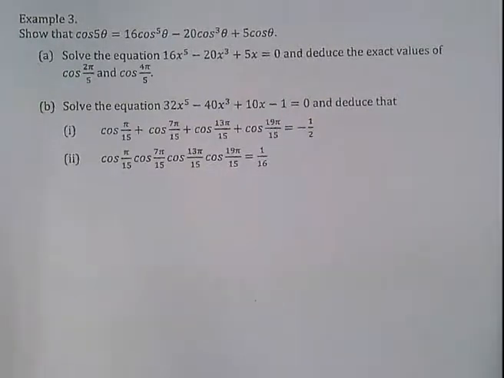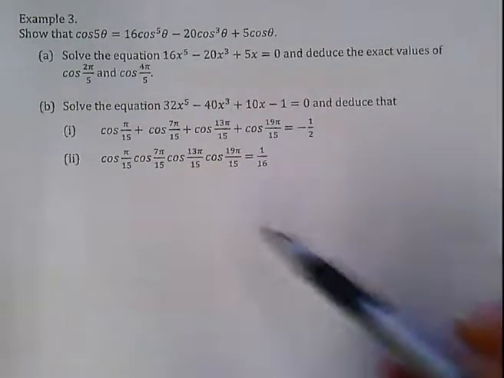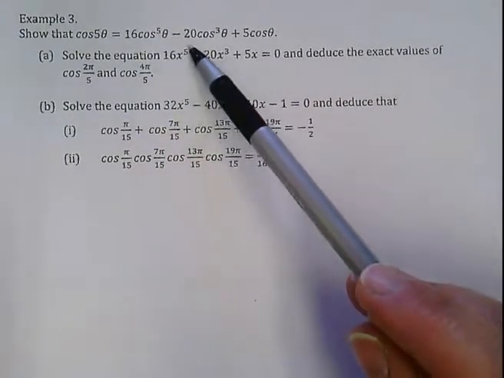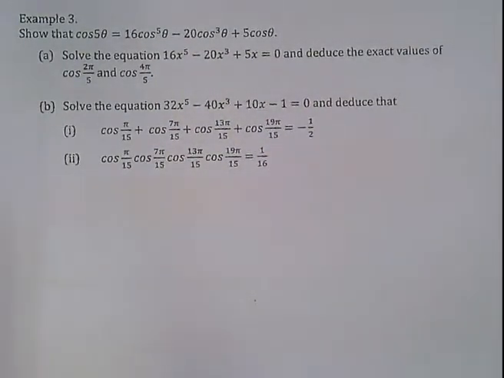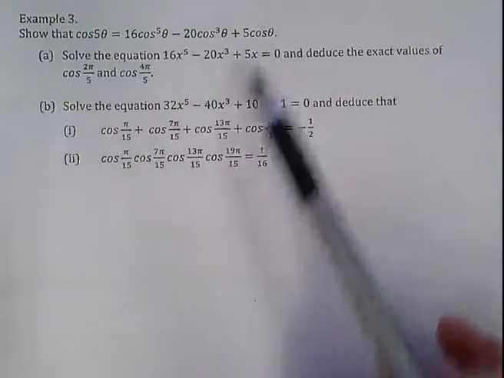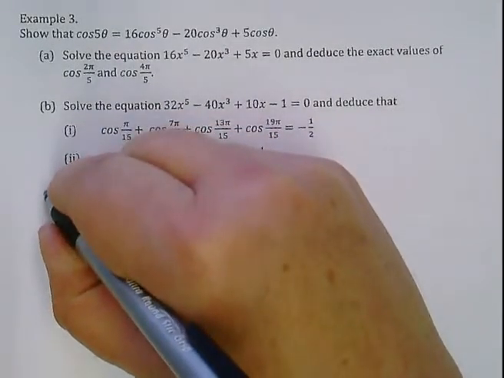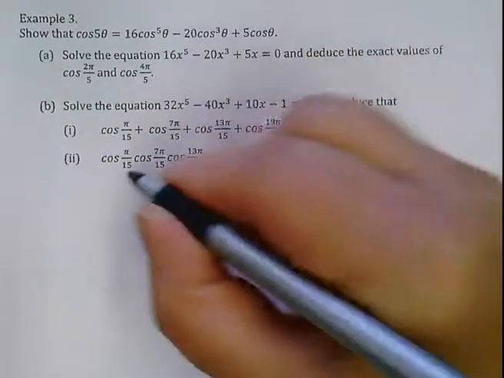This is example 3 on page 25. So show that cos 5 theta equals 16 cos to the power of 5 theta minus 20 cos cubed theta plus 5 cos theta. Now, we're just going to do that first, okay? So to be able to do that, we need to expand